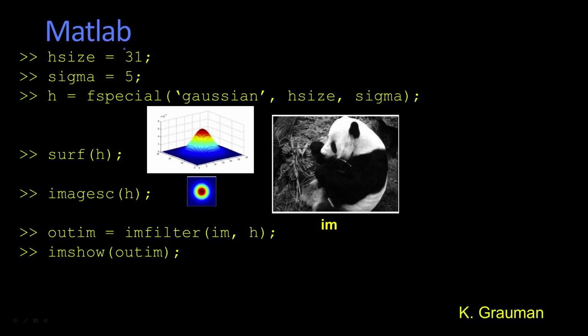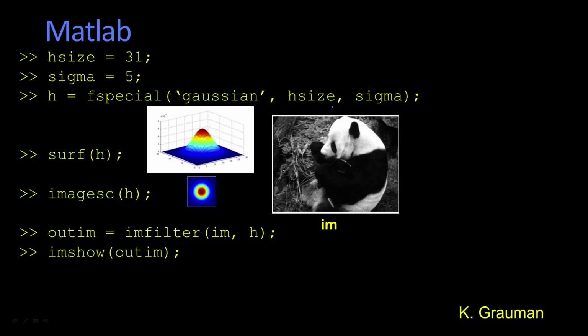And MATLAB has this really great little function called fspecial. And obviously, it's special, or they would call it something else. In fspecial, you can give it parameters, one of which is the type of filter you'd like. You can give it the size and the sigma. You can also give it rectangular size and multiple sigmas. It will build these filters for you.